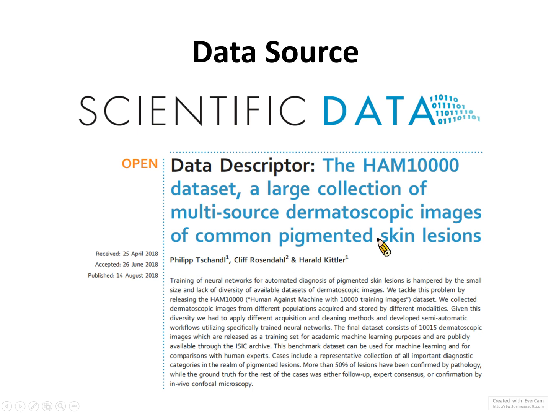There are actually several types of pigmented skin lesions, and one of the common ones is the benign nevus. And in some cases, these pigmented skin lesions are, for example, melanoma, which is a kind